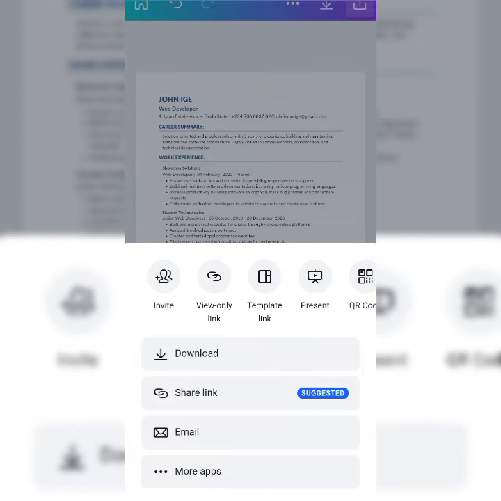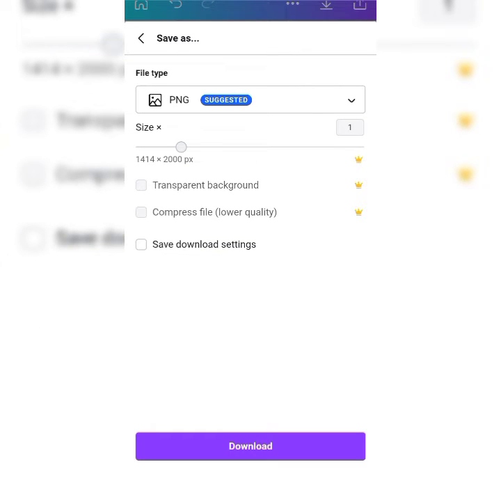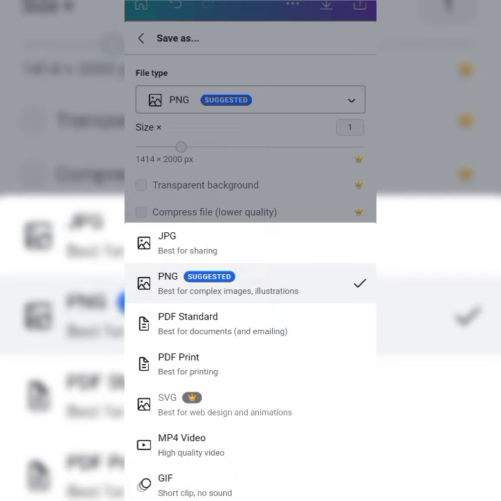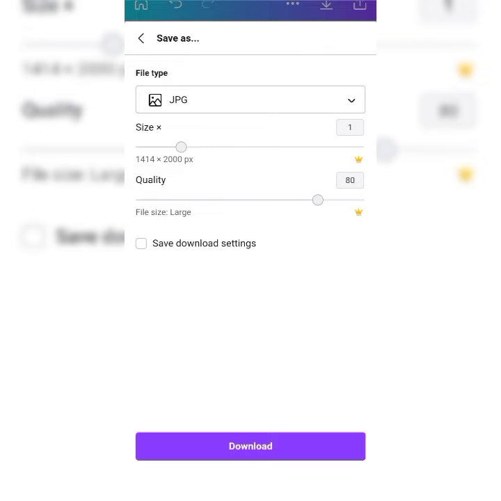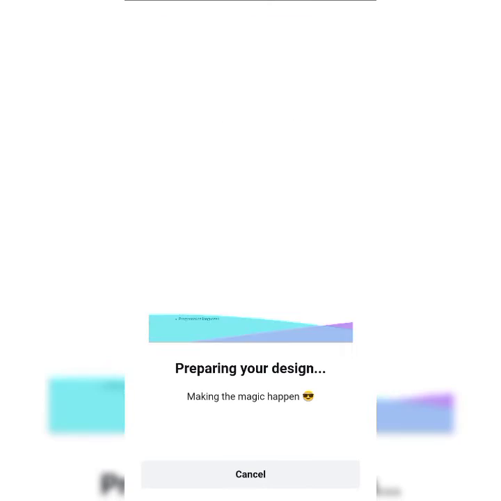Now, there are a lot of things. I will be mentioning this in other videos. There are a lot of ways you can do it. So we click on download. When we click on download, just like I said, this is PNG, and you can decide that, okay, I want it to be PDF standard, PDF printing. I want it to be MP4. That is of course not necessary. Or you want it to be JPEG, just best for sharing. After I put it to JPEG, I click on download,